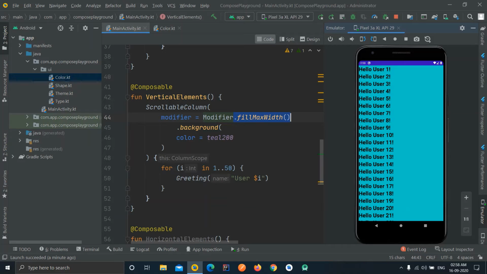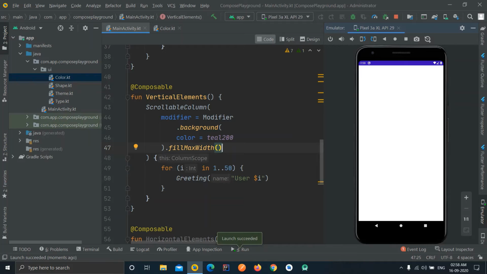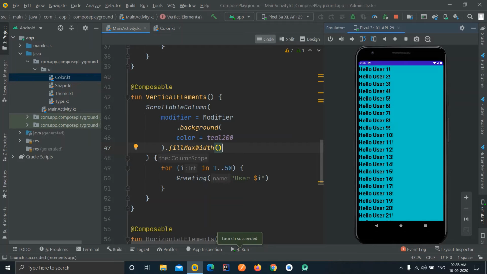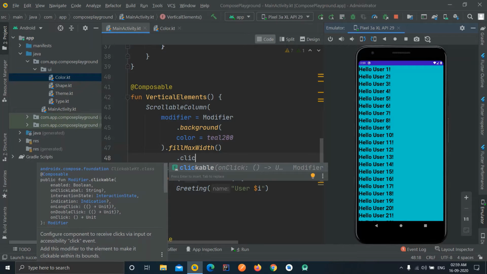So first I will cut this fill max width from here, and I'll paste it over here. Okay, and now I'll again run our application. Yeah, like this. And now what I'm going to do is make it clickable. Making anything clickable in Jetpack Compose is pretty much easier. You just need to use this clickable attribute.